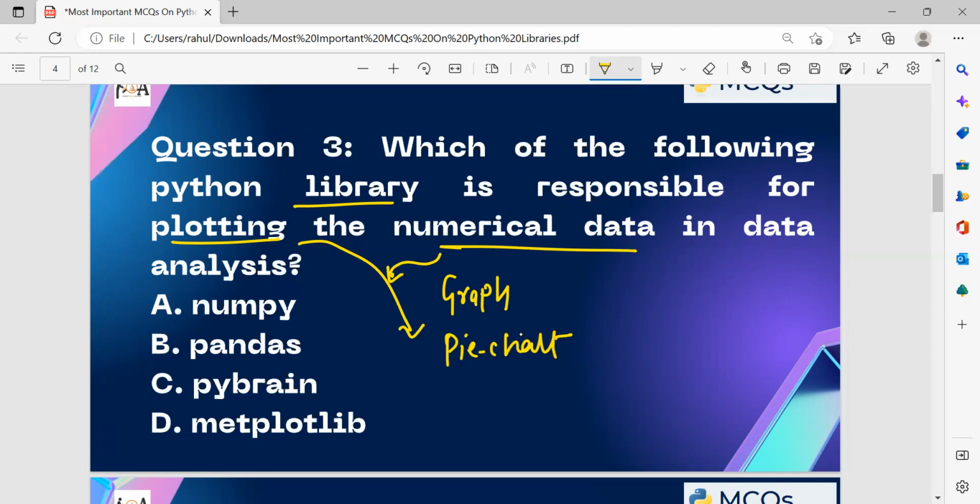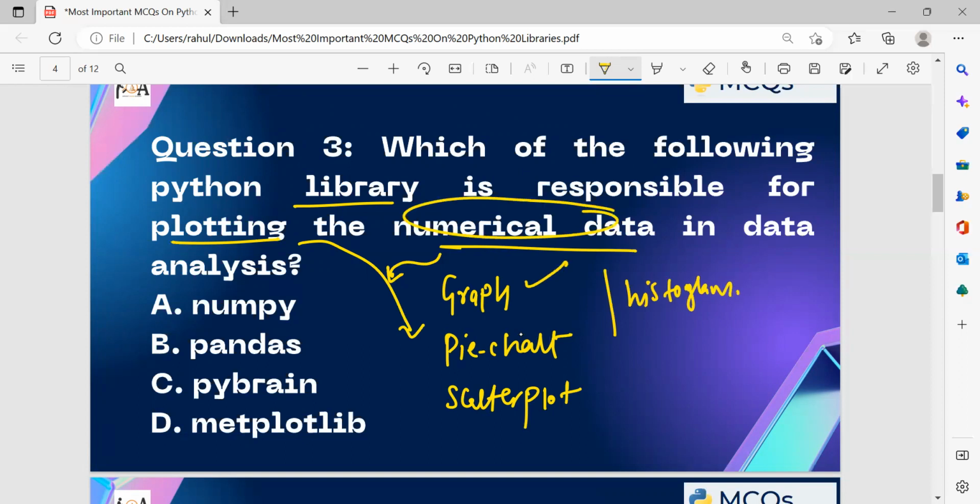You can represent it using the scatter plot method. You can represent it in histogram method and many more. You can do this task with the help of one of the important libraries of Python that is called matplotlib. Option D, matplotlib. Okay.